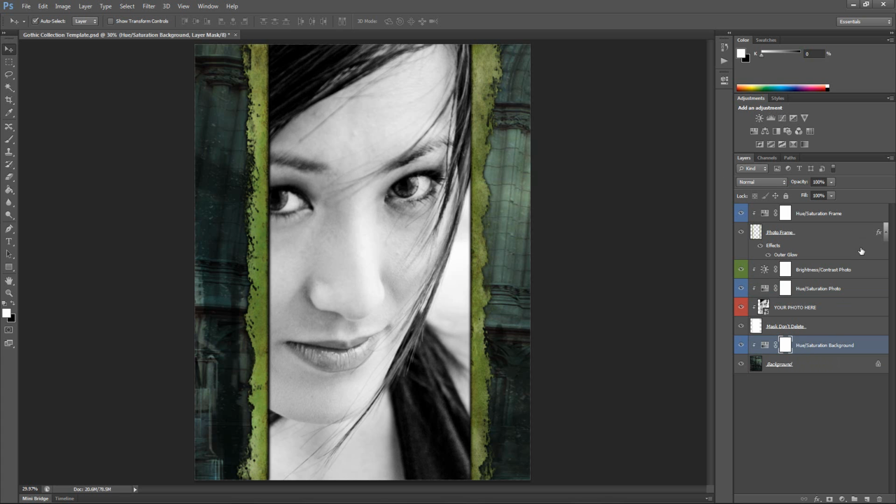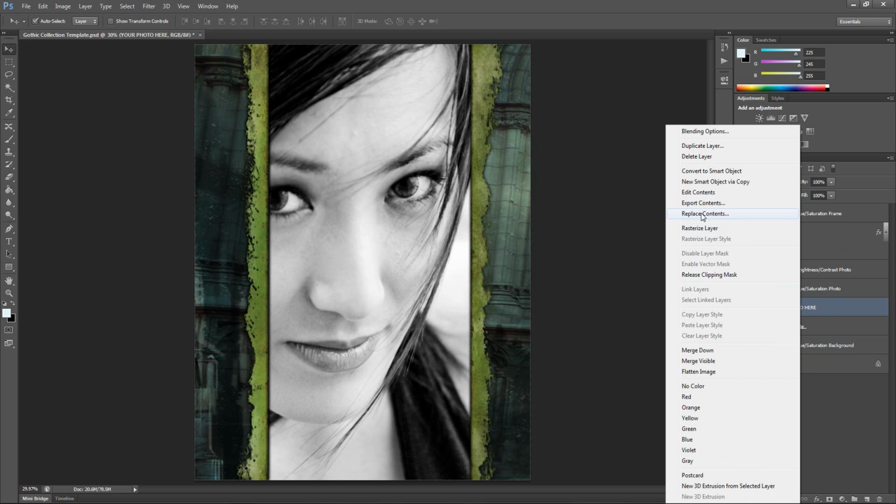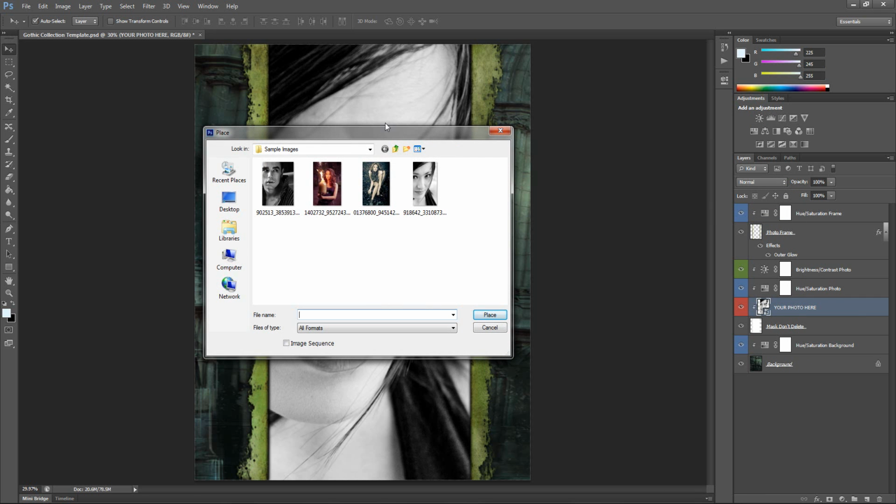Navigate to the Layers palette, locate a layer called Your Photo here, and just click on it to make it active. Right-click on the name of that layer and select Replace Contents from the pop-up menu. Now, a browser window will open, and at this point you want to navigate to any folder on your computer which